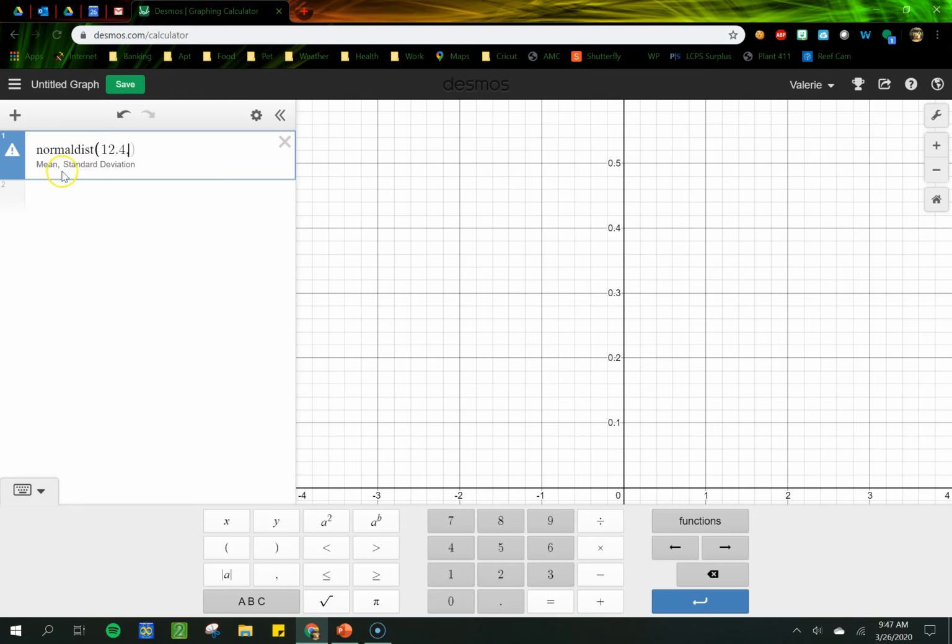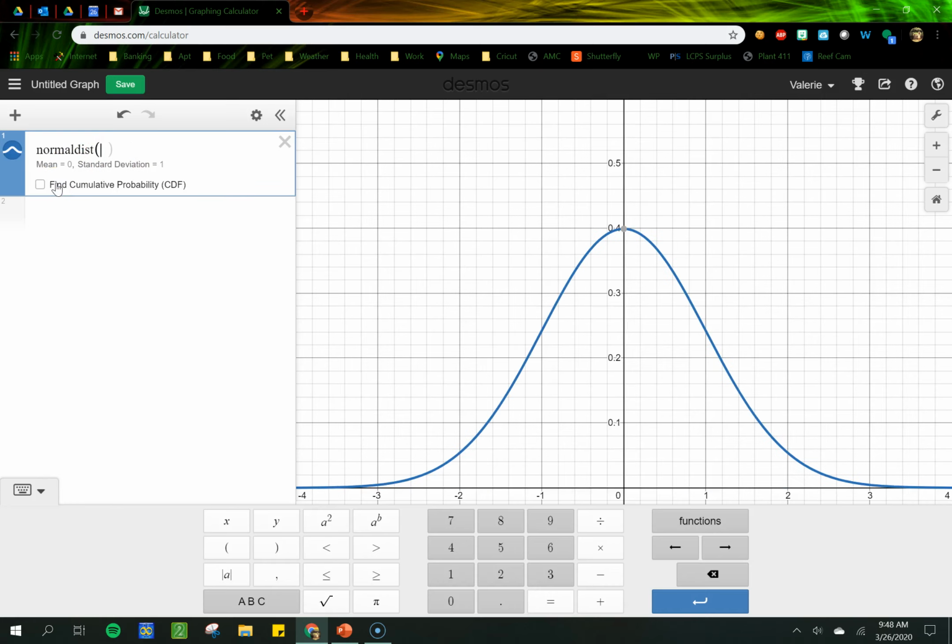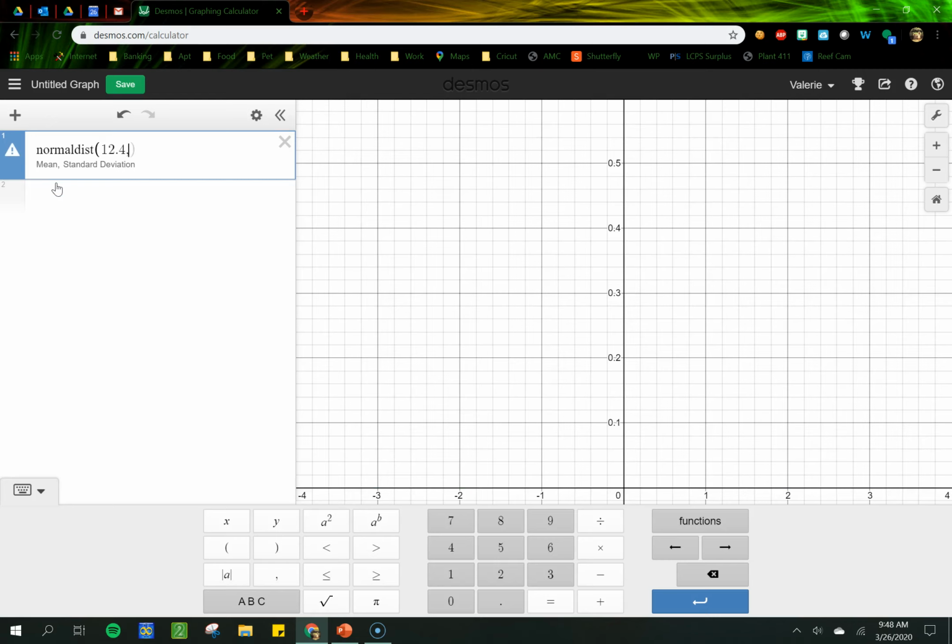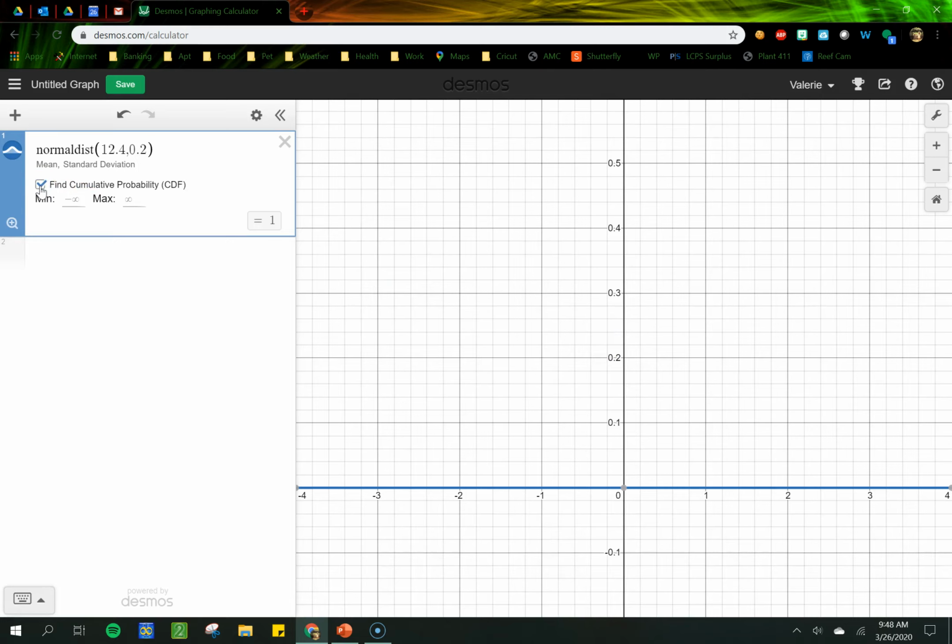So now you see it says mean, comma, standard deviation, because I changed the mean. If we leave it as it is here, then it's going to operate with a mean of 0 and a standard deviation of 1. That's going to be fine for our standard distributions that we're going to get to later, but for right now, that's not the kind of problem we're doing because we have a different mean. So I'm going to put the mean, comma, and then the standard deviation, which is 0.2 in this one, in my parentheses. And you'll notice now that this curve, if I click Find Cumulative CDF and click Zoom Fit, it's